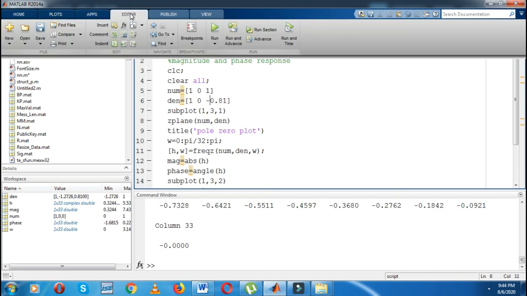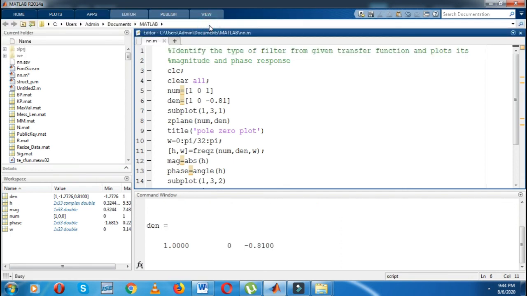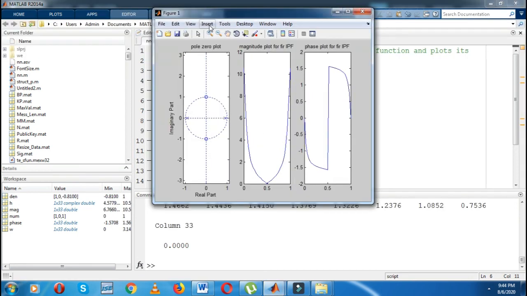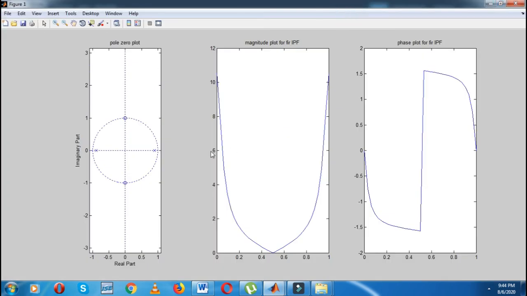So again just go to the editor and run. Now you can see, in the band reject filter, initially whatever the frequency is there will be passed, then the frequencies in between will be rejected, and after some point again the frequency will be passed. That is nothing but a band reject filter.